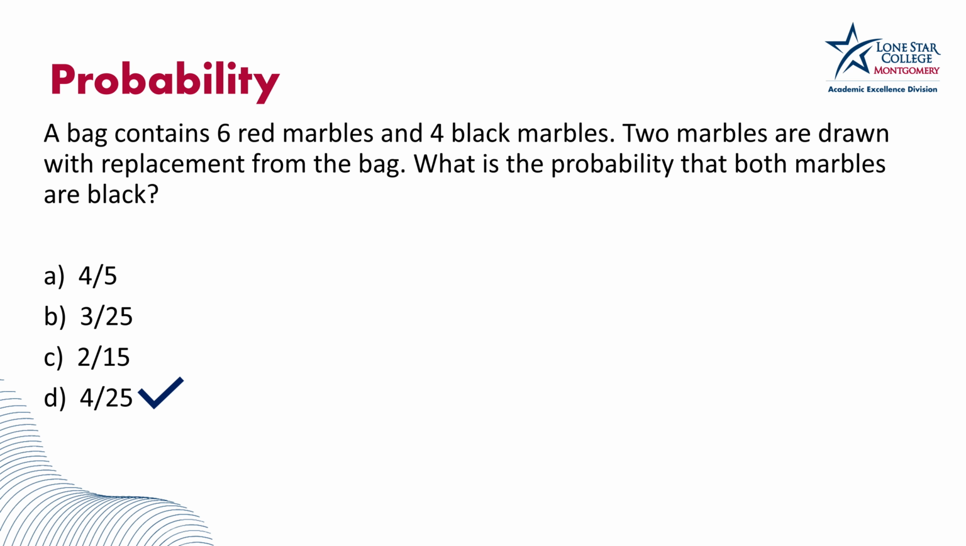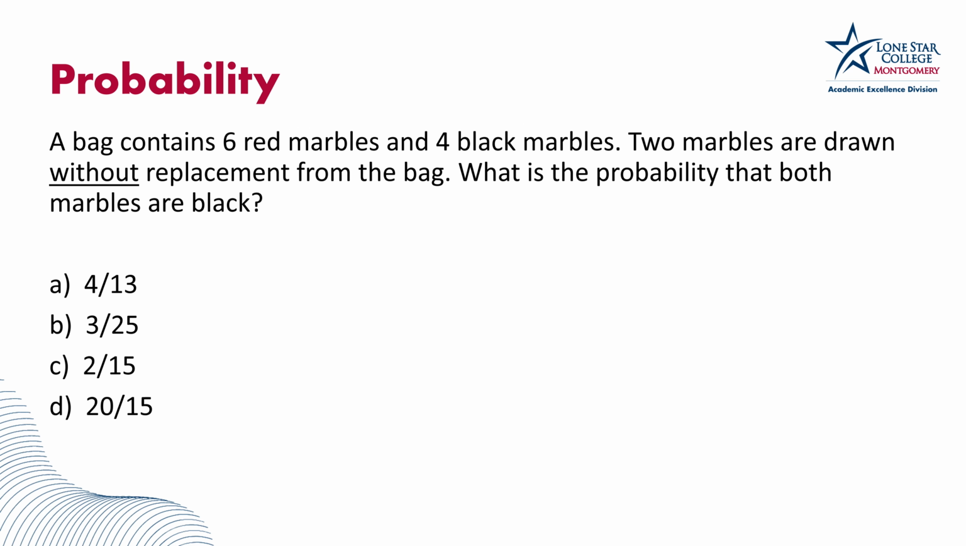But now let's think about the same scenario, but this time without replacement from the bag. We're still looking for the probability of both black marbles. So let's draw a tree again. We have one branch for the red and one branch for the black. This would again be 6 out of 10 for the red and 4 out of 10 for the black. However, this time,